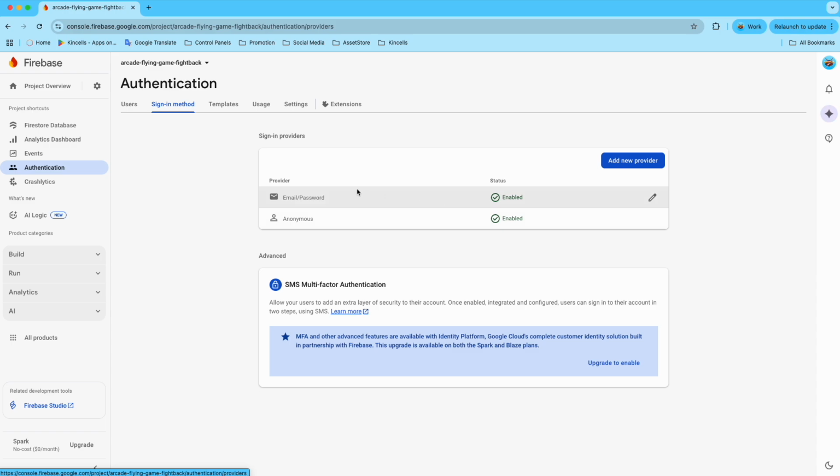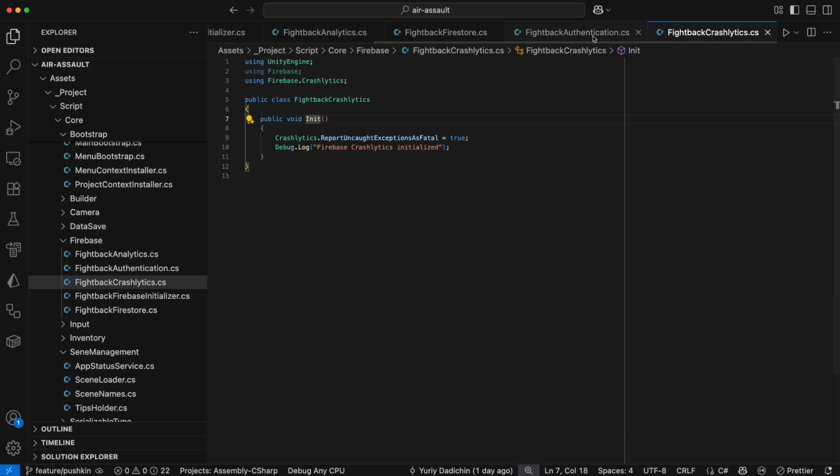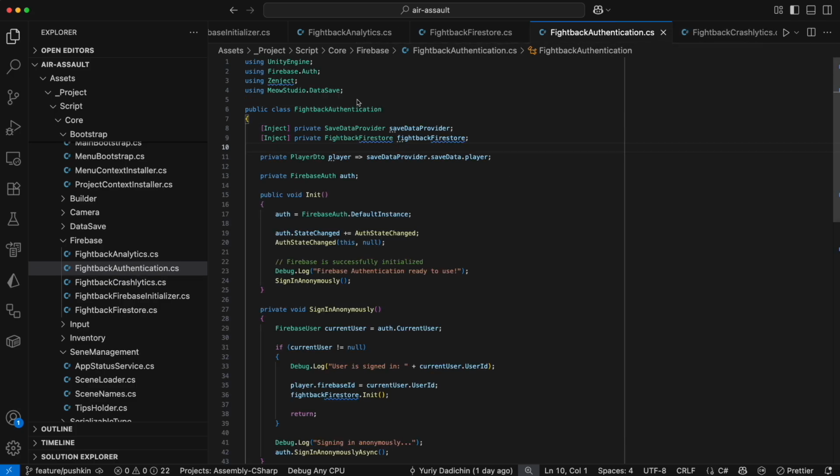Currently I have only two providers: email and password, and anonymous. For the foreseeable future I'm going to use only the anonymous provider. It's absolutely easy to integrate. In my case I'm using a Fightback Authentication class, and what it does,